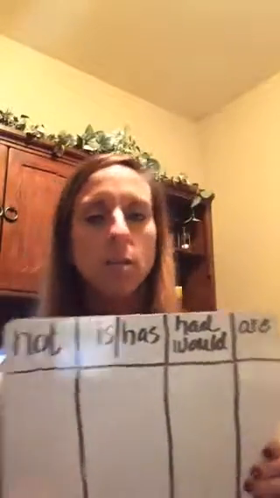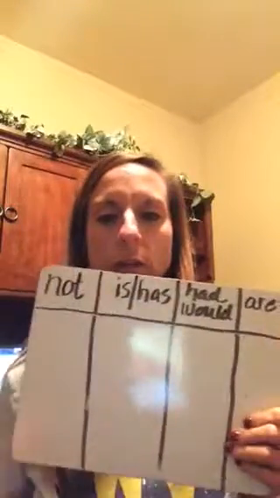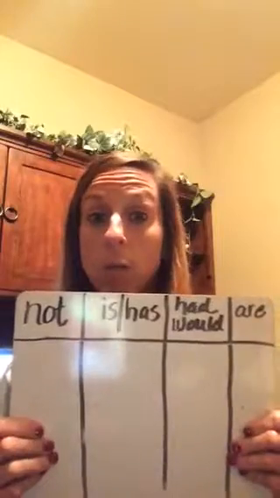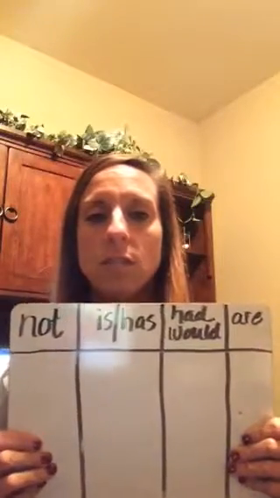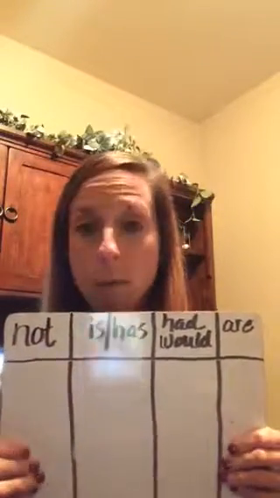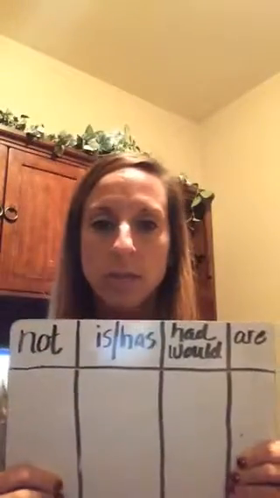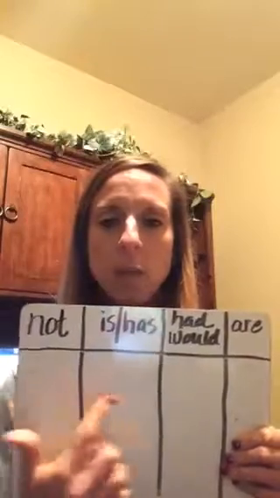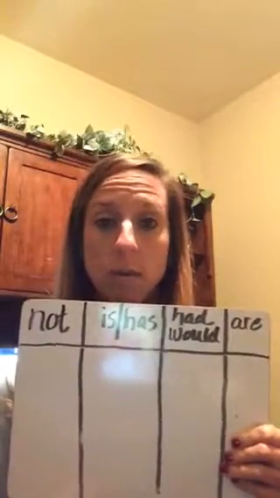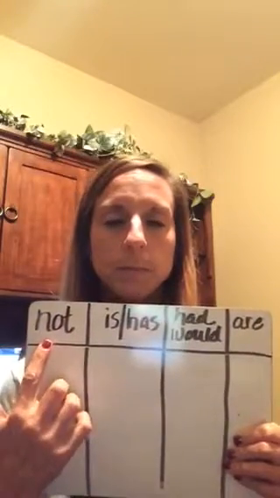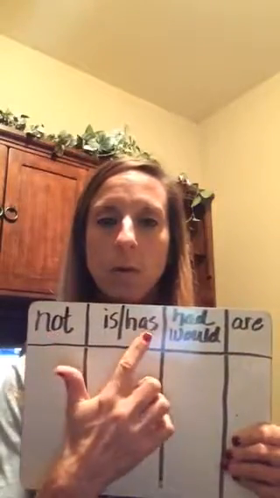Okay, now let's get started. So what I'm going to do today is, once you have the 4 columns on your desk, I'm going to give you a word and you have to decide, and remember we're doing contractions this week. All of our words have the apostrophes in them. So you have to decide which column the word goes in, okay? So every one of your spelling words stands for one of these endings, okay? So like the first one,